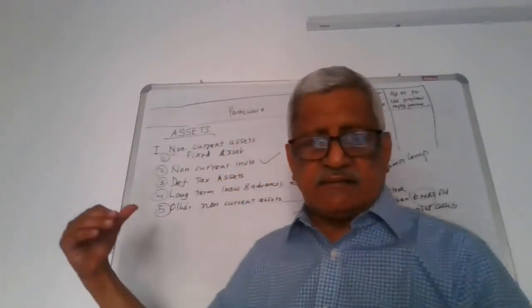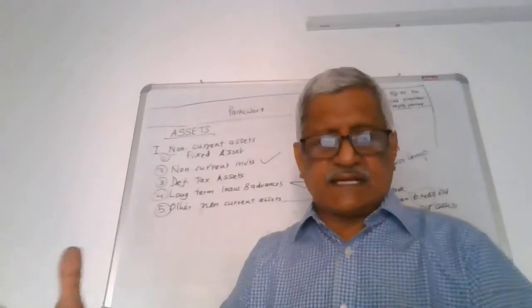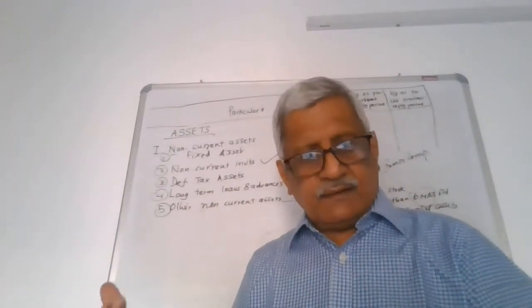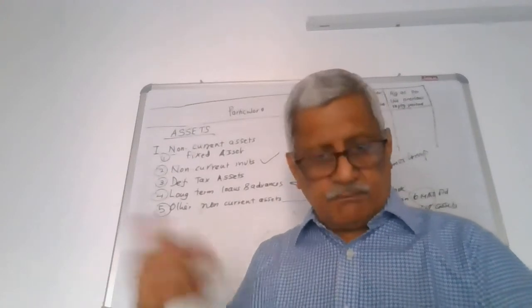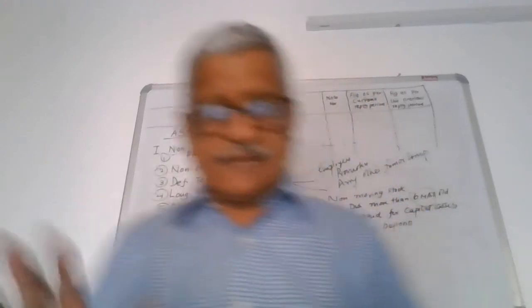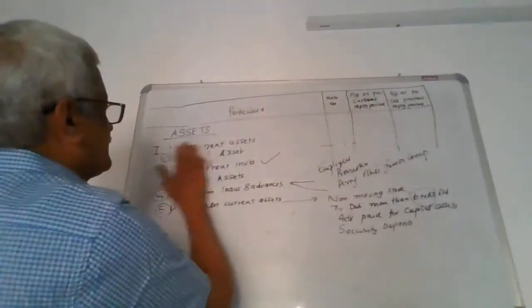Similarly, when the company is giving loans and advances to somebody, the bifurcation of whether it is a secured one or an unsecured one needs to be provided. If it is a secured one, then the security provided by the person who took the loan should be stated. That bifurcation needs to be given. Now, having understood the non-current part of it, let us move to the current assets.